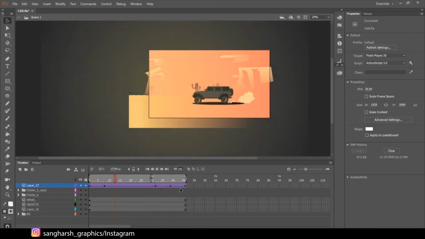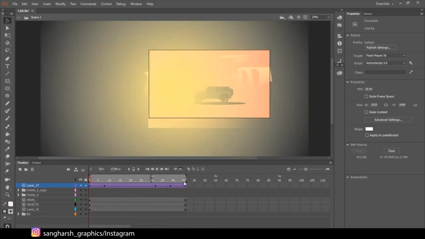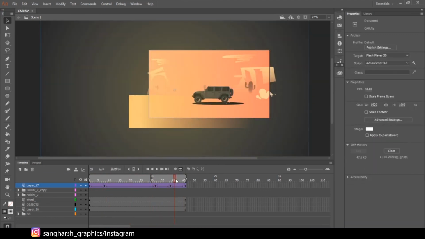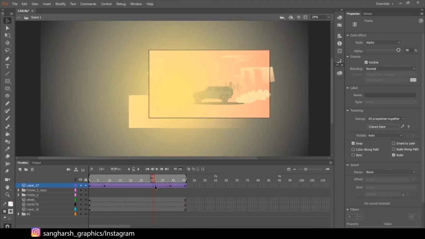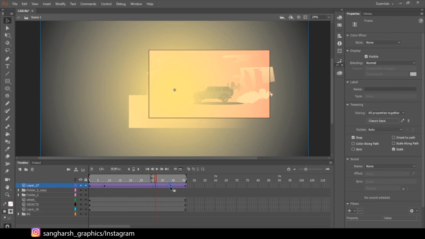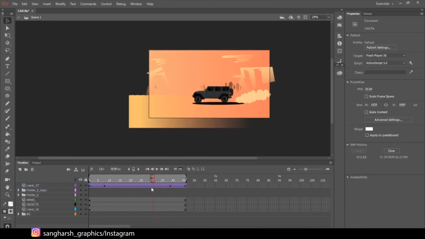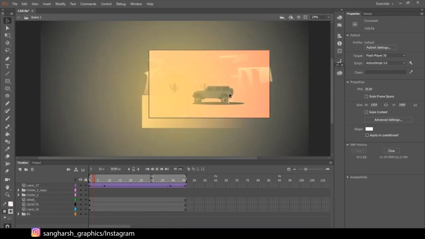As you can see, the jump cut is happening here. Just a minute, I added a keyframe here again. You can just drag it here all the way. For here alpha, let's make it 0. Yeah, done. And now you can see it hides the jump cut a little bit, like here.